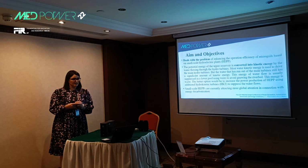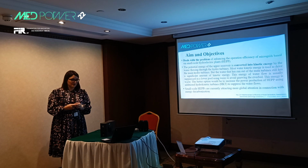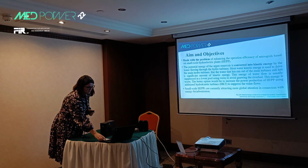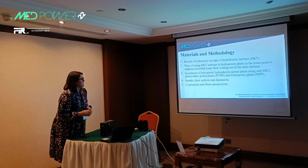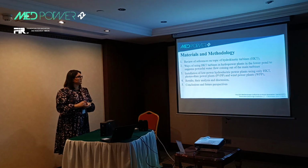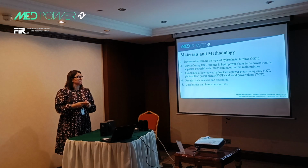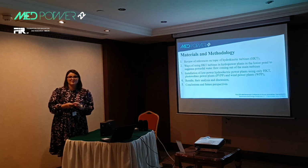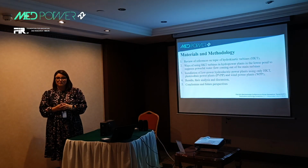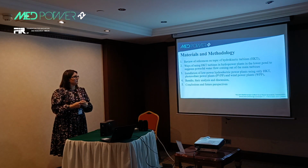Small-scale hydroelectric power plants are currently attracting more global attention in connection with energy decarbonization. Materials and methodologies used for this research paper: a review of references on hydroelectric turbines, which was useful for Lithuania, the biggest hydropower electric plants, and ways of using